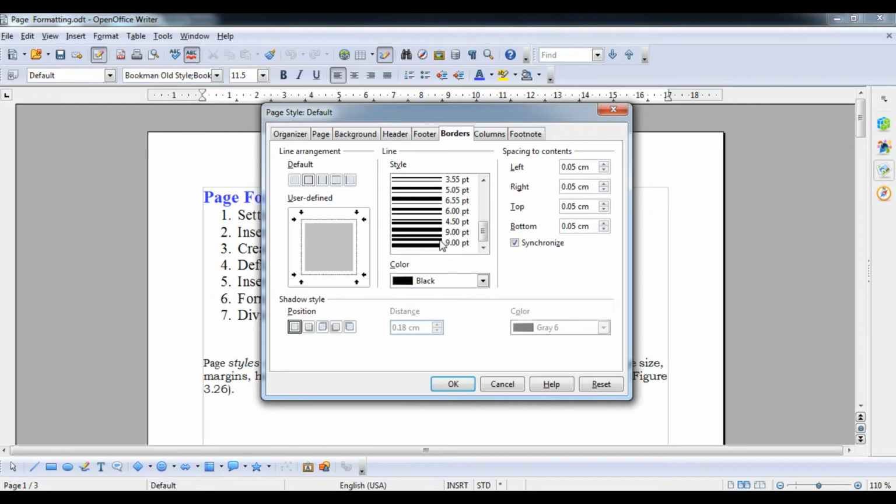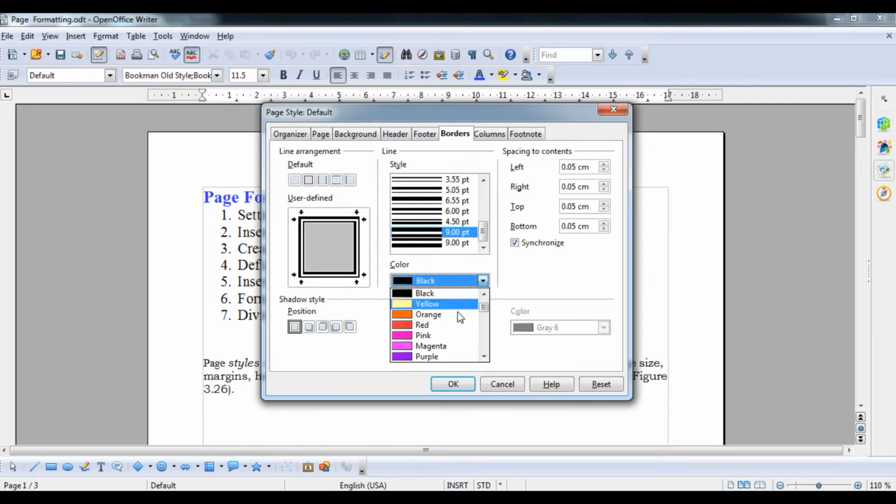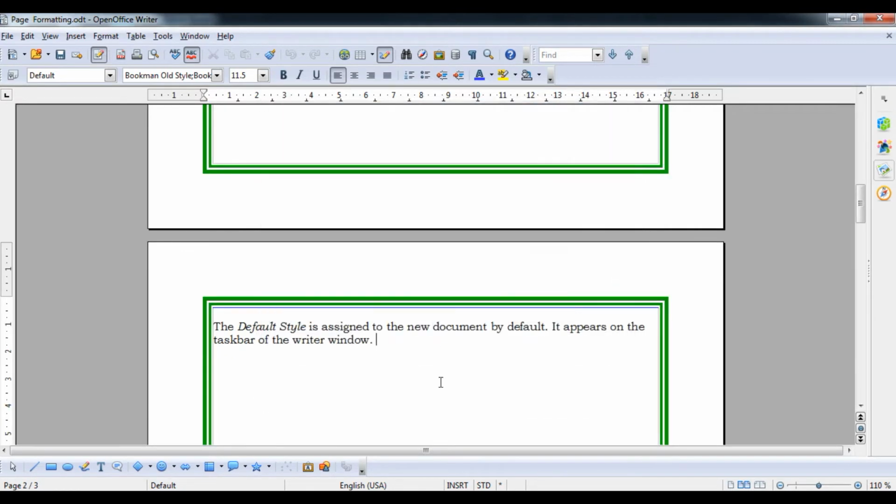And this next thing is the border style. Then the color of the border that you like, such as red, orange, pink, magenta, whatever color you want. Suppose I want to see green color. Now you can see the border color will come in the same color. And here is spacing. We are going to set the same particular spacing.